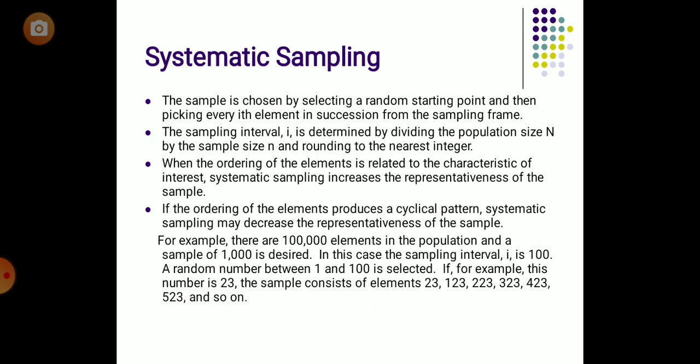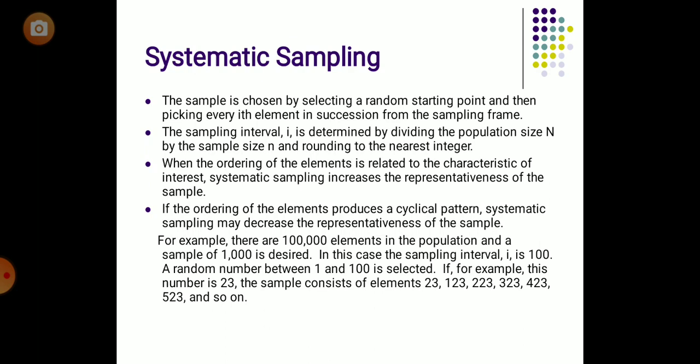So this is an example of systematic sampling, where the researcher will follow some system for selection of a sample. First they need to decide the interval. The formula for the interval is capital N divided by small n, where capital N is equal to the population size and small n is equal to the sample size.